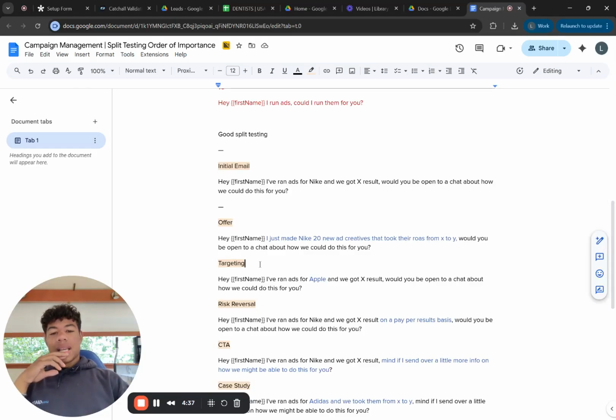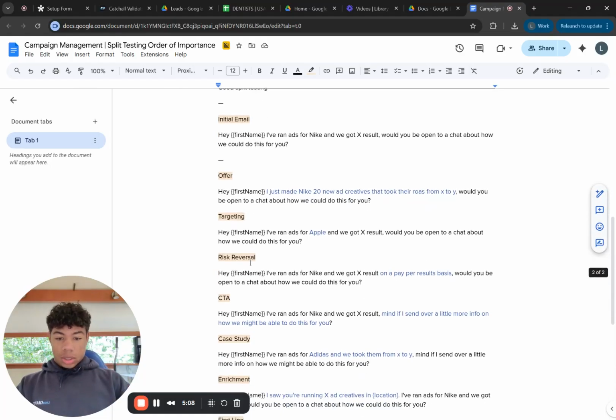But I don't like to get too niche with it, because usually there's only a few variables you have to work with to hit KPI, and you don't have to go insanely deep and granular with the split testing to get good results with cold email. If you get your offer decent, your inboxing, your targeting, and your risk aversion decent, you'll hit KPI. So you don't need to go too crazy deep into it, and don't need to overcomplicate it.